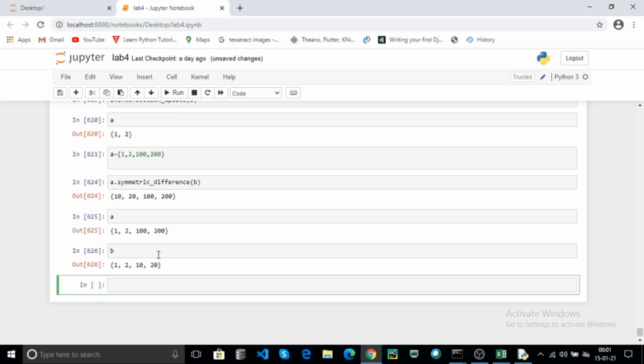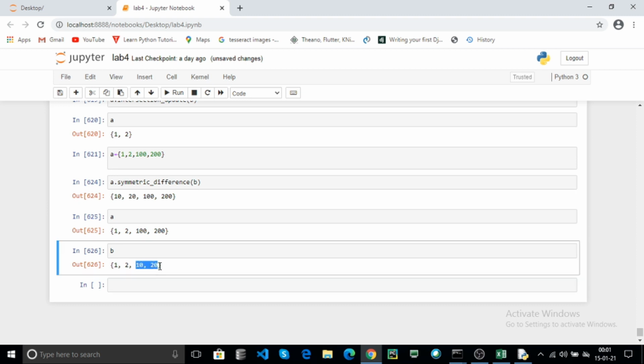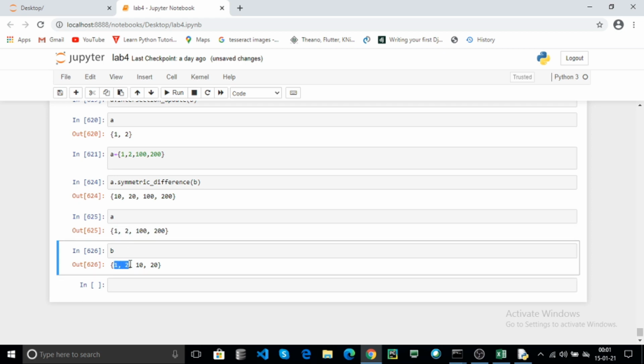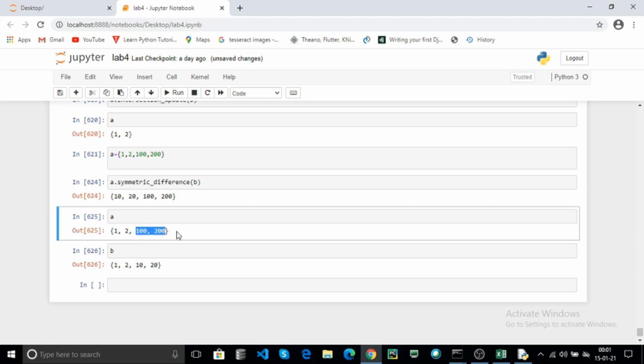Here it returns both sets. For example, here the set contains 10, 20. Here A set contains 100, 200. Here the matching elements are 1, 2. In the difference, it returns only A set data.